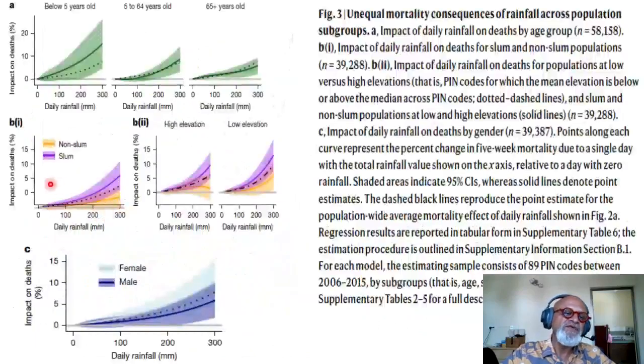But nonetheless, if you look at impact on deaths in percentages again of rainfall over weeks after the one-day event, it's much lower for non-slum dwellers compared to slum dwellers. And for slum dwellers, it's higher than the all population deaths, and similarly impact of deaths on high elevation people and low elevation people. Low elevation people is higher, these are slum dwellers, higher in both high and low elevation, but for high elevation, for non-slum dwellers, I won't call them rich people, but let's say they live in